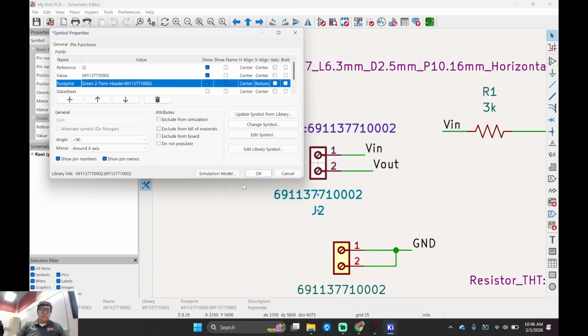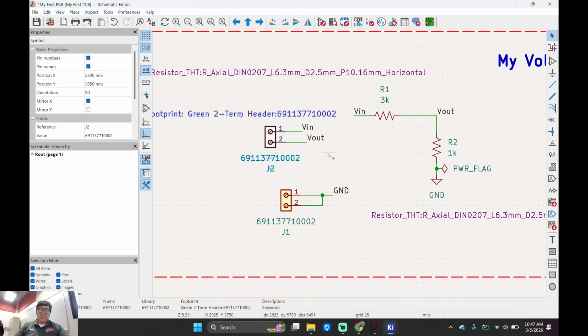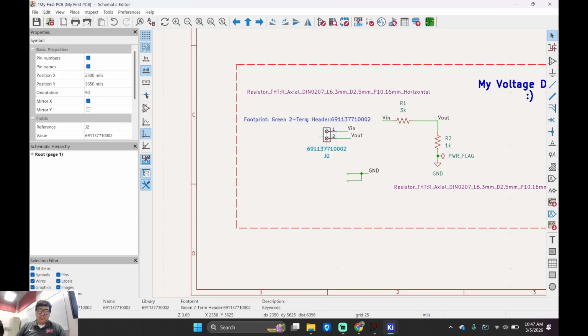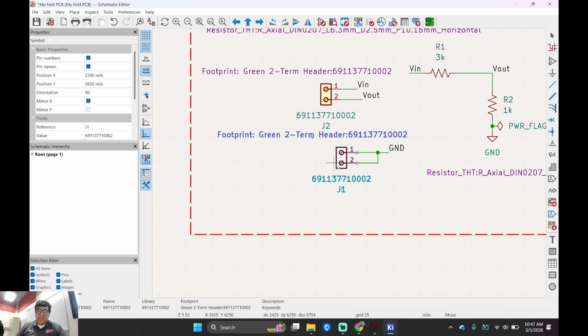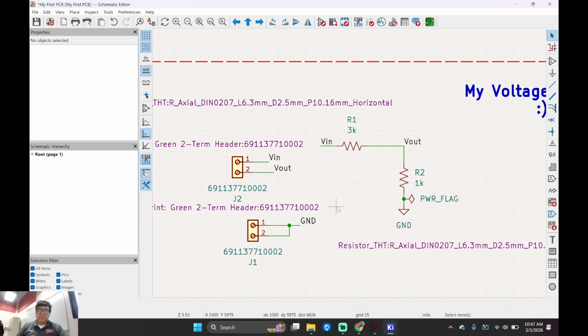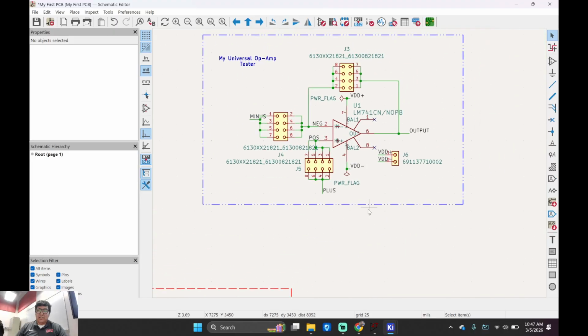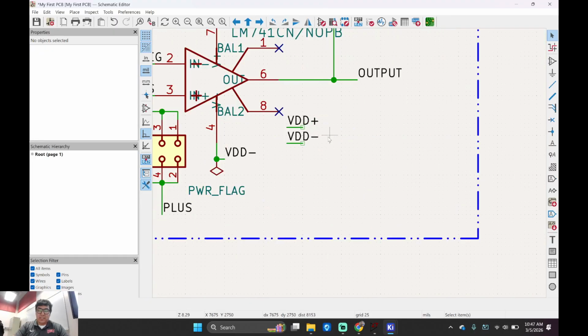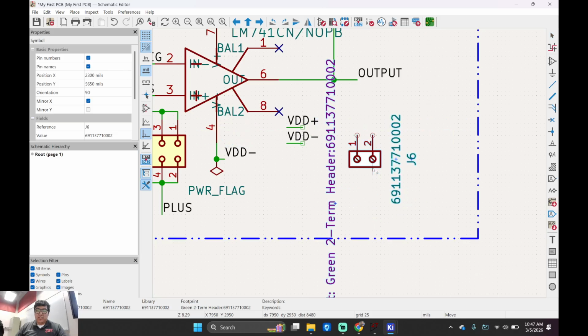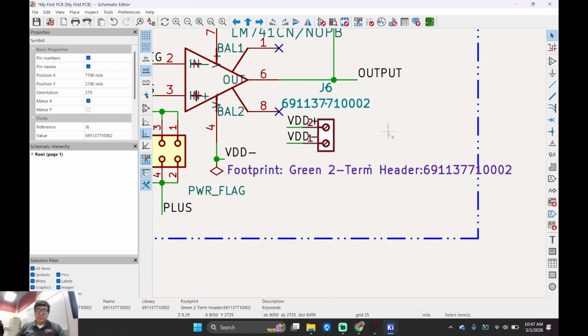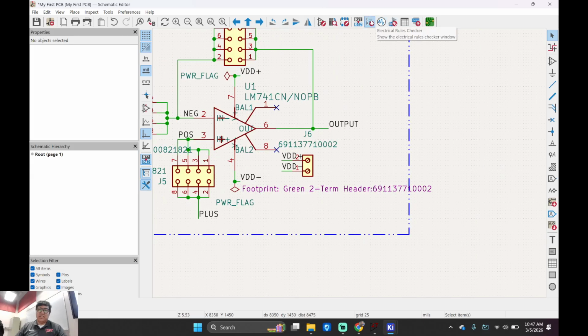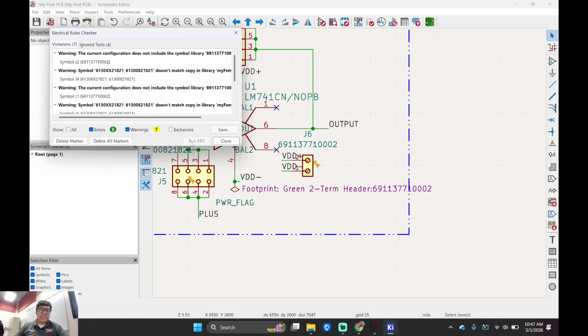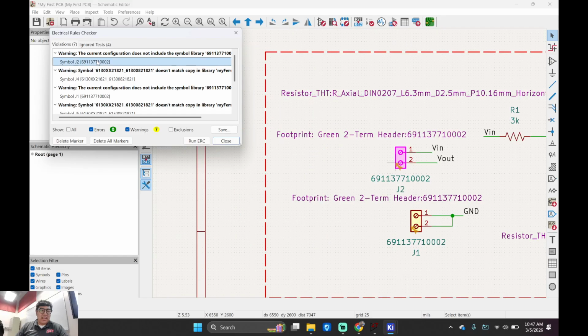All right, sounds cool. So I'm a little lazy. I'm gonna do the following. I'm gonna delete this. I'm gonna Control C, Control V, so I don't have to do that anymore. Okay, right? And then same thing right here. Delete, Control Paste, rotate, rotate. Boom. Is that good? Let's ERC it. I had 10 errors. Now I'm 7. Okay? So we're getting close. So now we got to deal with symbol.